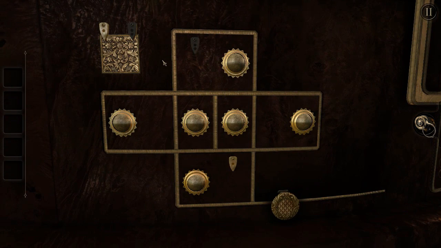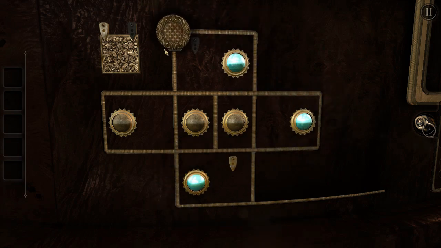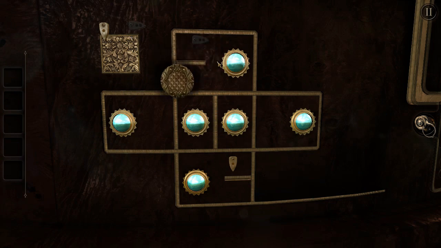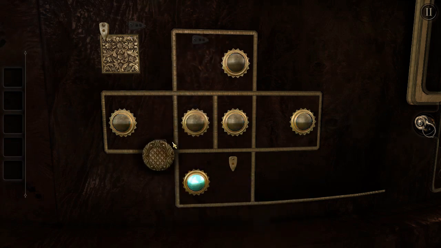This, I think, is only different in, like, design. I remember the texture for this thing being different. It's the only thing I think is different about this piece. So basically we're turning all of these on. Like so. Click, like that. Now we gotta do it, but now we have to...